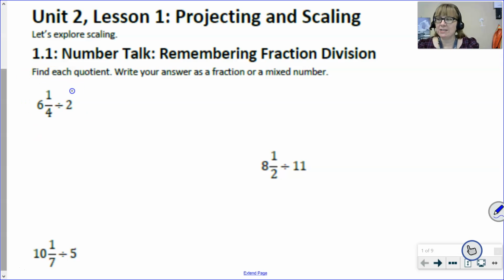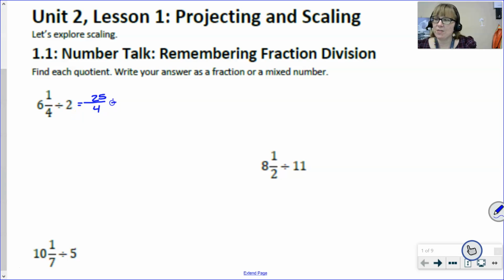Hopefully you've given it a try. Let's take a look. 6 1/4 divided by 2. I first want this to be an improper fraction. We can't really calculate very well with mixed numbers, so we're going to change it to an improper fraction first. And 6 1/4 is the same as 25 fourths. I have 6 wholes, each cut into 4 pieces, gives me 24 pieces, plus one more piece is 25 fourth